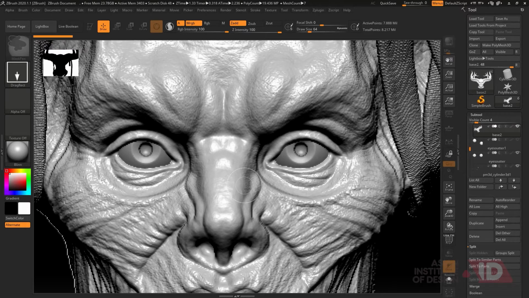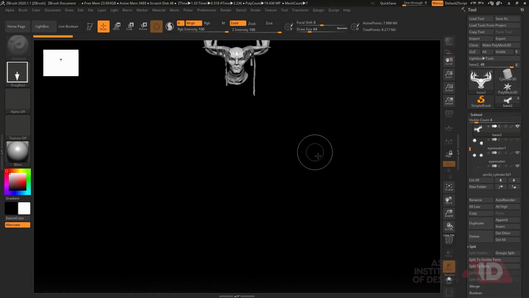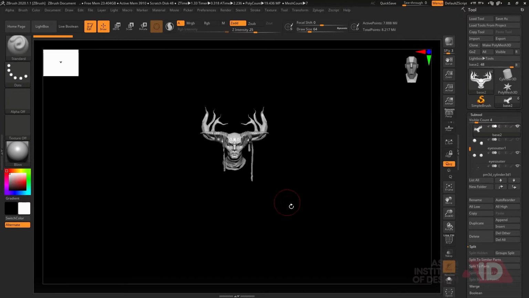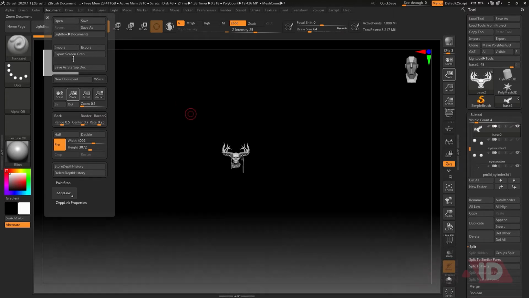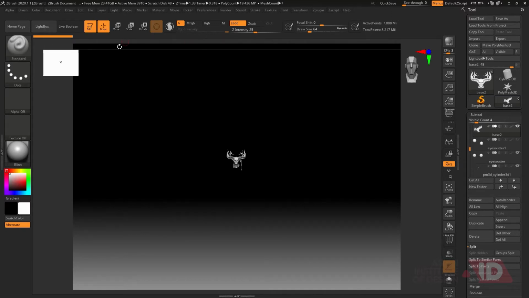To fix this, I'll press Ctrl N on the keyboard, then drag my model once again, then press T to move to Edit mode, and this is my model now. But I have to check the size of the document against the size of the model. I'll zoom out, and you can see this is my actual resolution, and compared to my resolution, my head is really small.